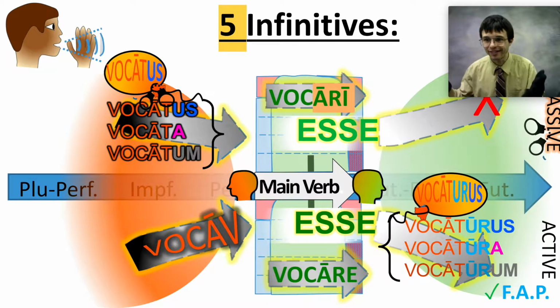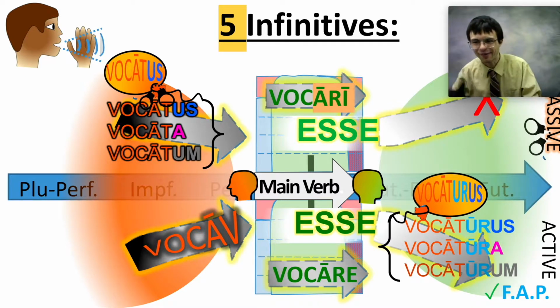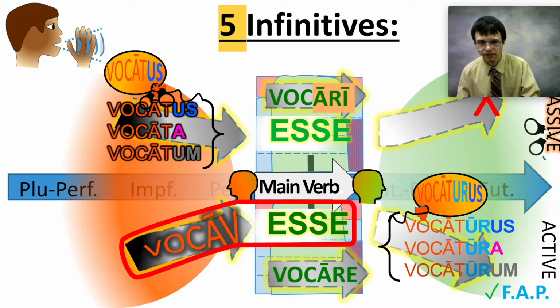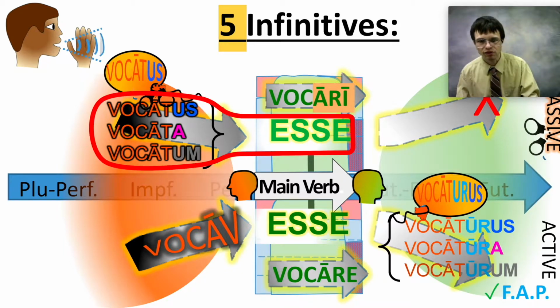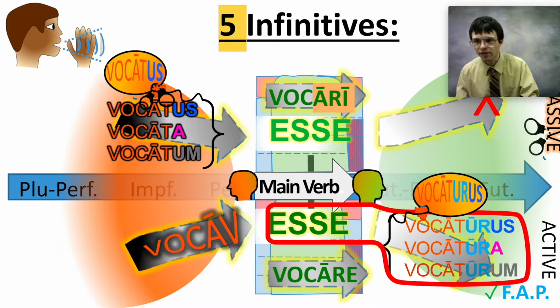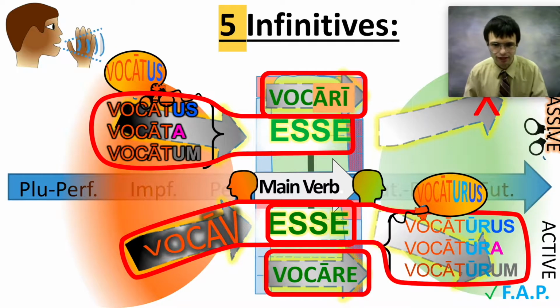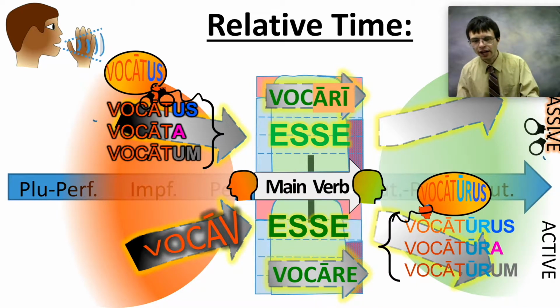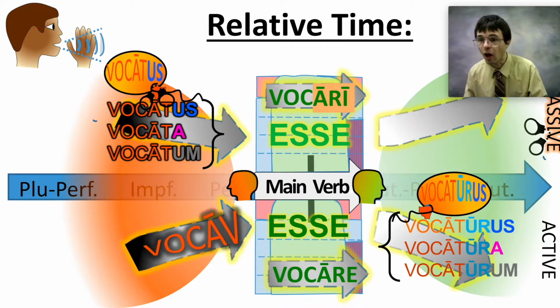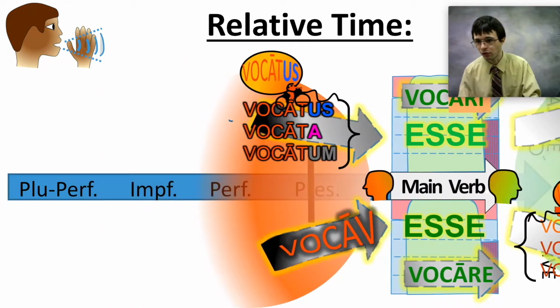So guess what? You've got them all. Way to go. Now you see the complete system. Present active, present passive, perfect active, perfect passive. Now this is what? Right, the future active infinitive. And there is no real future passive infinitive. Okay, great. All right, and then of course with these infinitives, they all obey relative time. So no matter